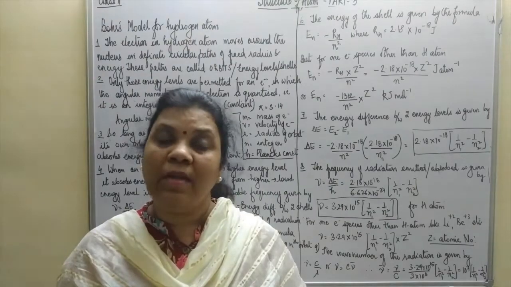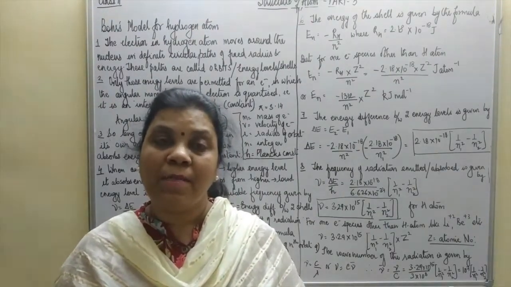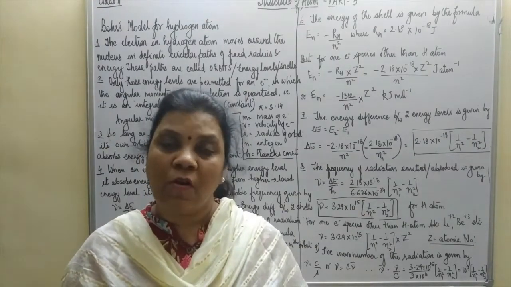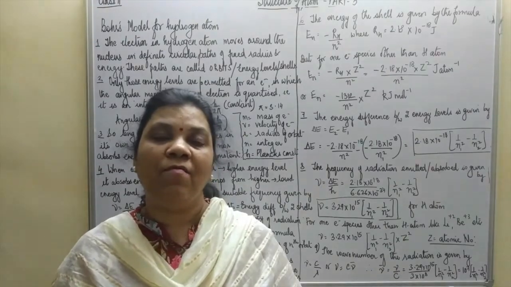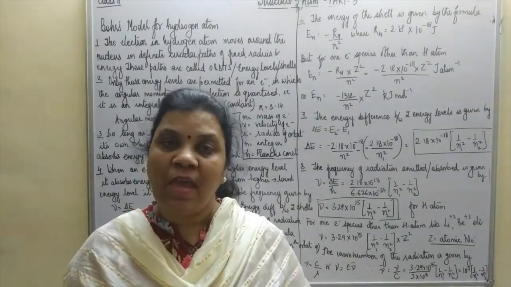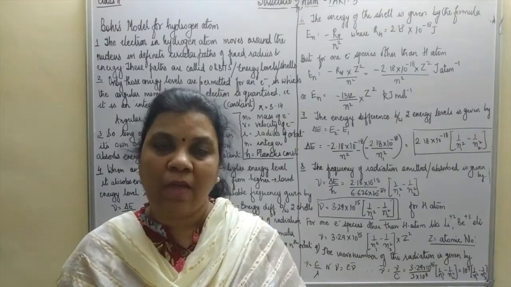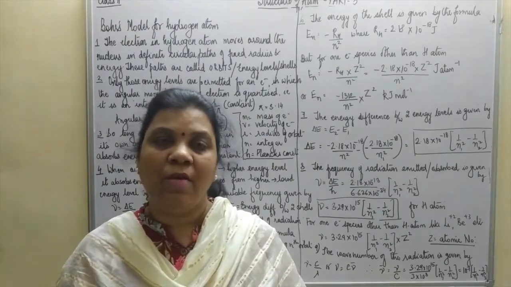Linear momentum is the product of mass and velocity, but angular momentum is the product of mass, velocity, and the radius of the orbit in which the electron is moving. So mvr is the symbol to calculate the angular momentum,